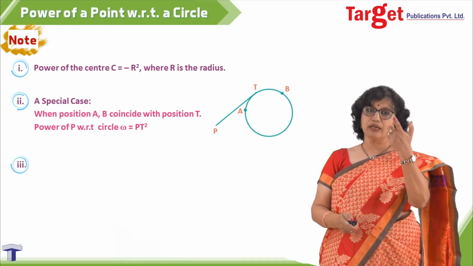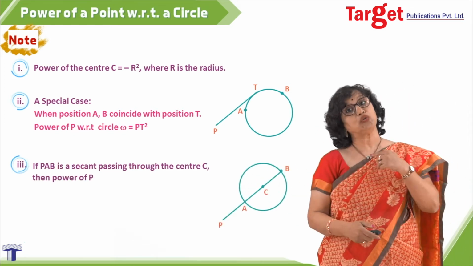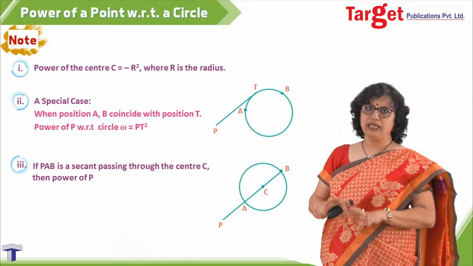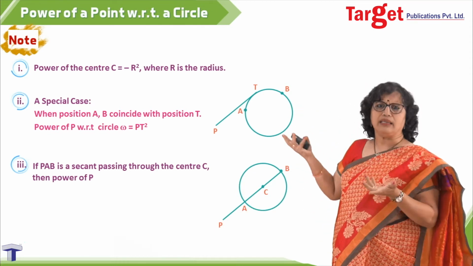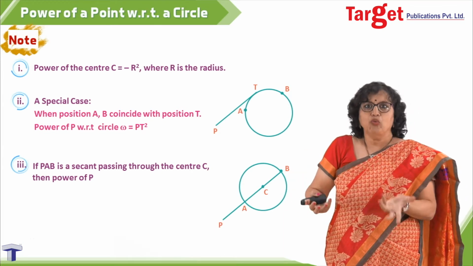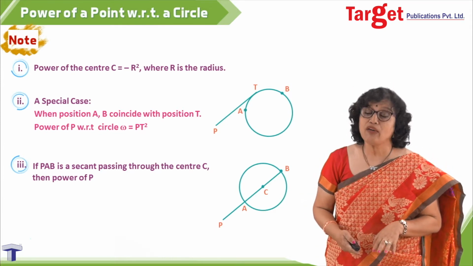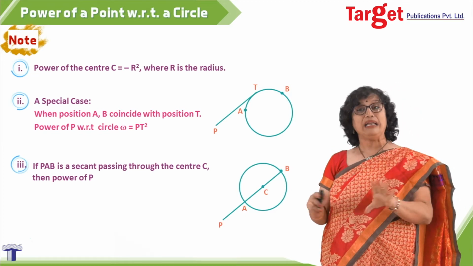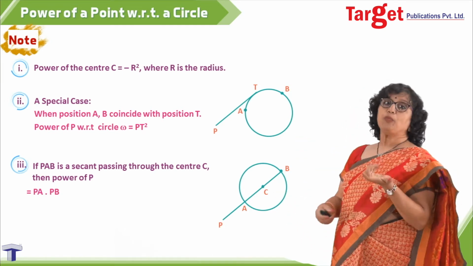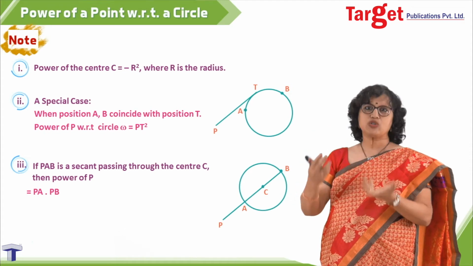Let us proceed to the third note, an important thing you need to remember. If PAB is a secant through C, the picture would be this. What I am trying to give in this point 3 is that I have drawn some line, right? We do not know what those A and B positions are. They are moving or unknown positions. They will vary, correct? So I want that expression of power to be independent of the positions of A and B. If that is the case, then PA into PB will not work, because if point P is known to me, A and B also will have to be known to me.